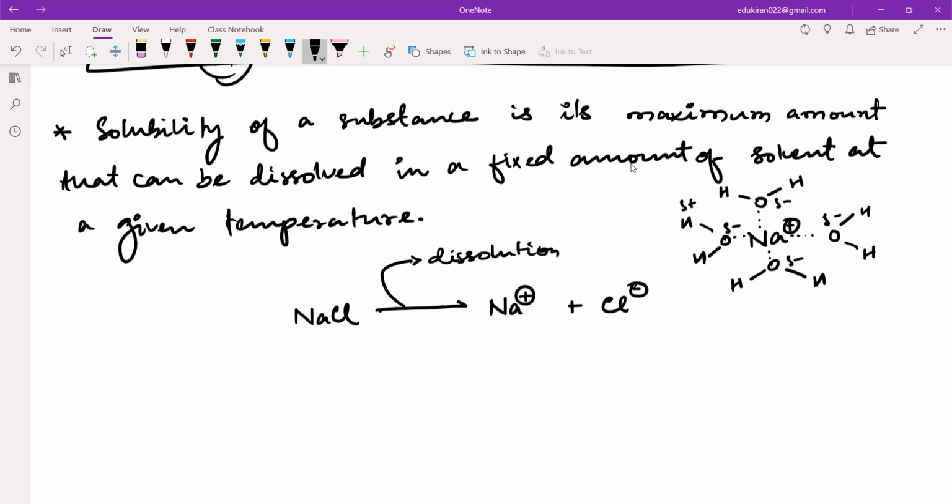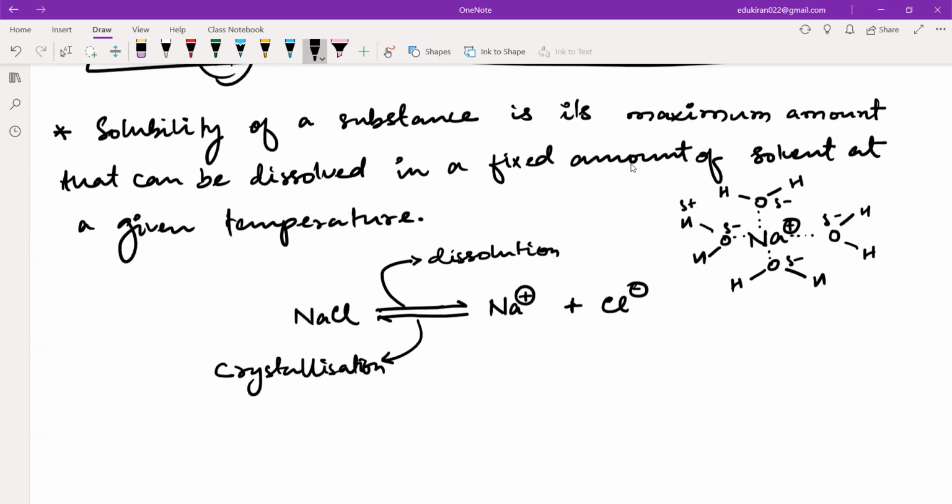Now you all know that the molecules inside a liquid are always moving, right? So there is a chance that sodium positive and Cl negative, for a very instantaneous moment, will come together, not be surrounded by water for a while, and combine together. So both of these chances are there. When they combine, they form NaCl, that is again the salt. Now this process is known as crystallization.